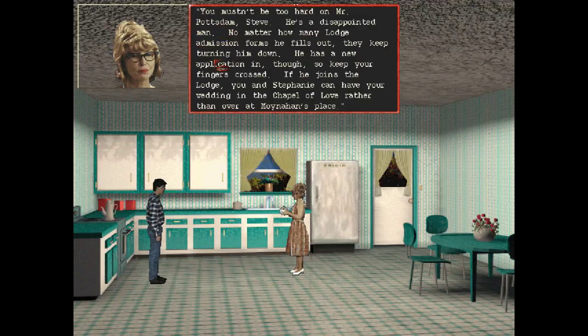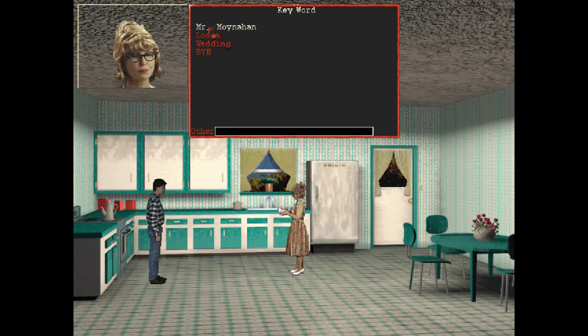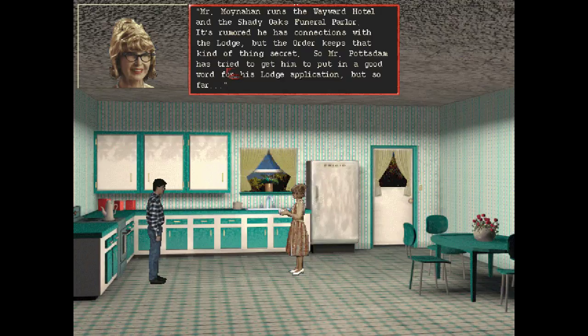Oh yeah, about her. You mustn't be too hard on Mr. Potston, Steve. Leave It to Beaver reference? He's a disappointed man. No matter how many lodge admission forms he fills out, they keep turning him down. He has a new application in, though, so keep your fingers crossed. If he joins the lodge, you and Stephanie can have your wedding in the Chapel of Love, rather than over at Moynihan's place. Mr. Moynihan runs the Wayward Hotel and the Shady Oaks Funeral Parlor. It's rumored he has connections with the lodge, but the order keeps that kind of thing secret. So Mr. Potston has tried to get him to put in a good word for his lodge application, but so far...